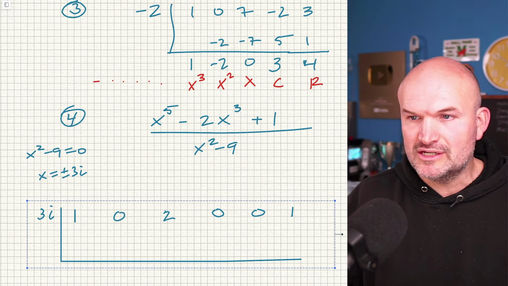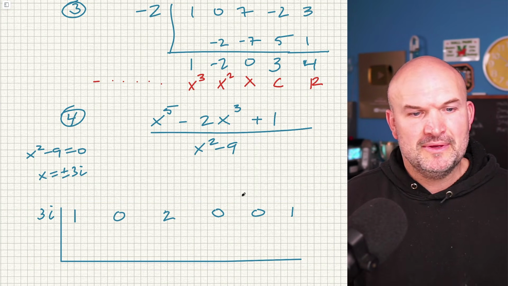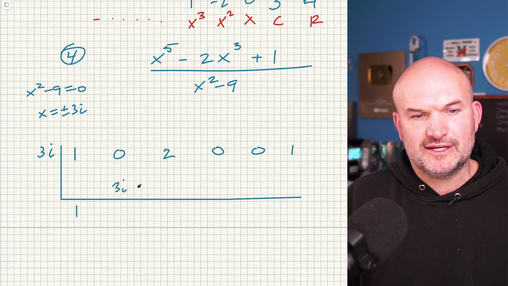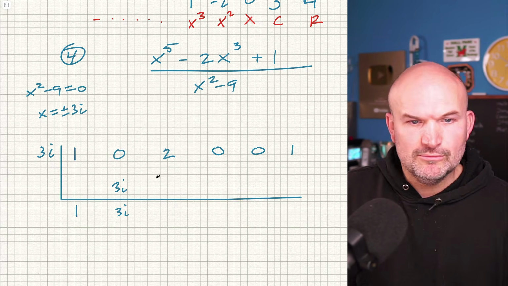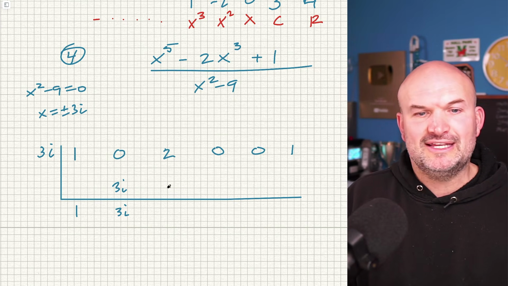Now, obviously, this is all going to be dependent on what time and space you have on your sheet of paper. But the reason that's going to happen is that this first term is going to be a 1, right? And then this would be like a 3i. And then I get a 3i here. And then you multiply this. But then over here, you're going to start getting